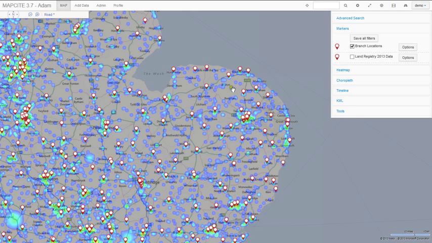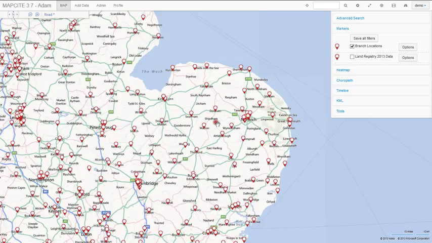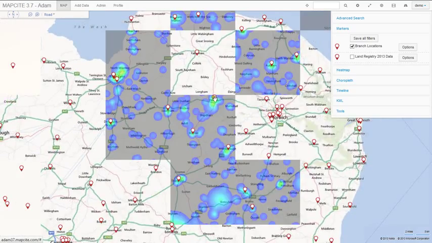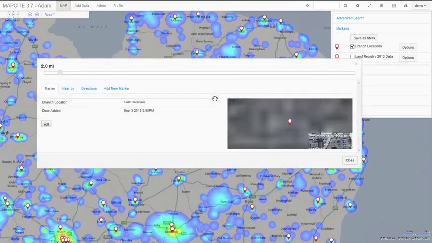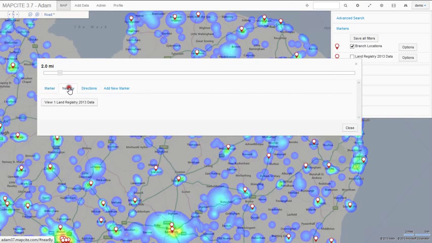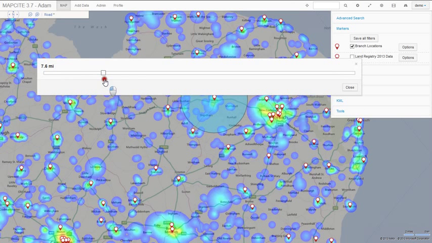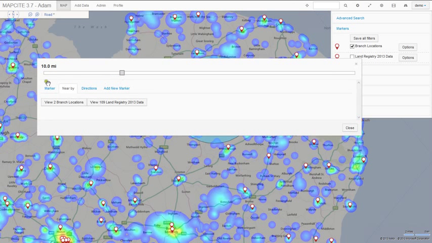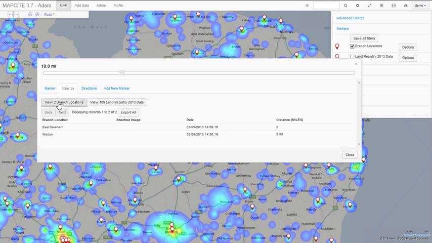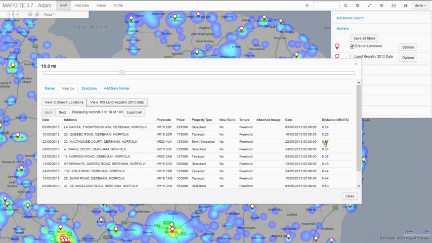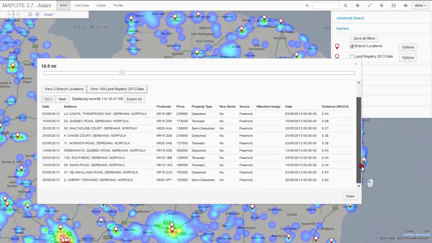In addition to showing as a heat map and choropleth, we can also put pin data onto the map. In this instance, it's the location of branches, and clicking on the individual pin gives us the view of the data, a summary of where it is, and then moving into MAPCITE's Location Analytics tool, the user is able to define a radius around that point and get a summary of the data that falls into that area. Here we can see the number of house sales and the distance from that branch that have happened in the